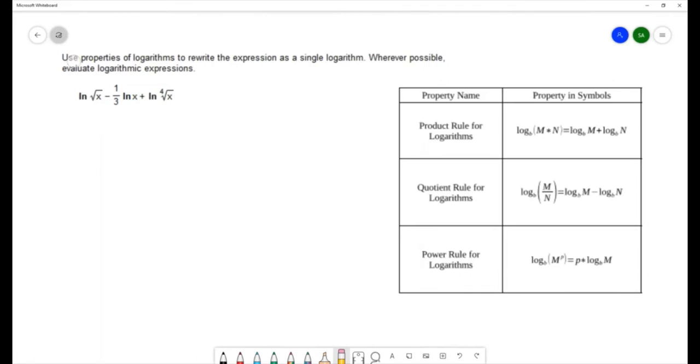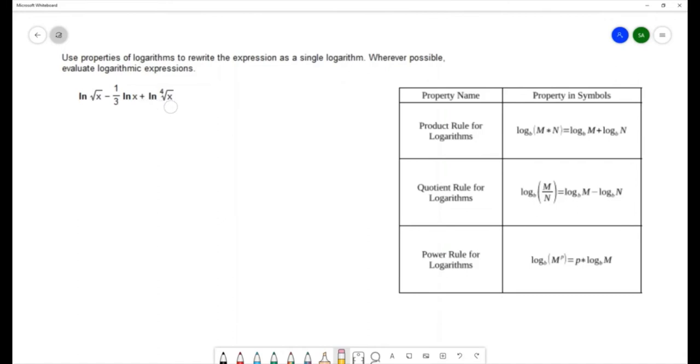For this question, we want to use the properties of logarithms to rewrite the expression as a single logarithm. Wherever possible, evaluate logarithmic expressions. The expression that we have is natural log square root x minus 1/3 natural log x plus natural log 4th